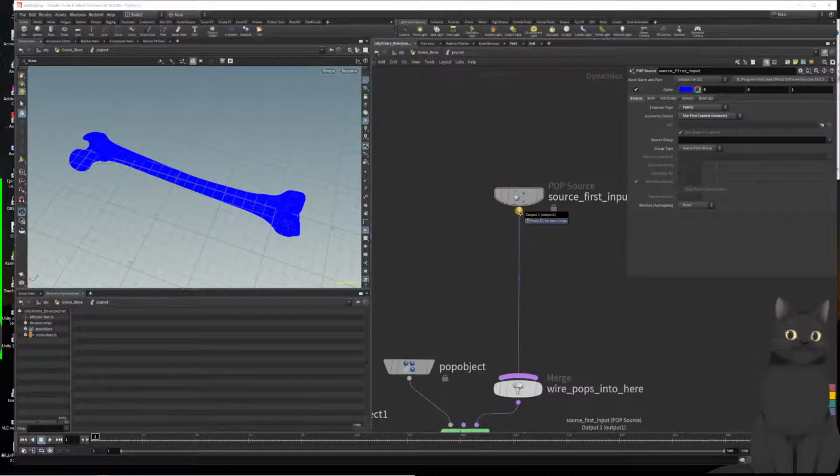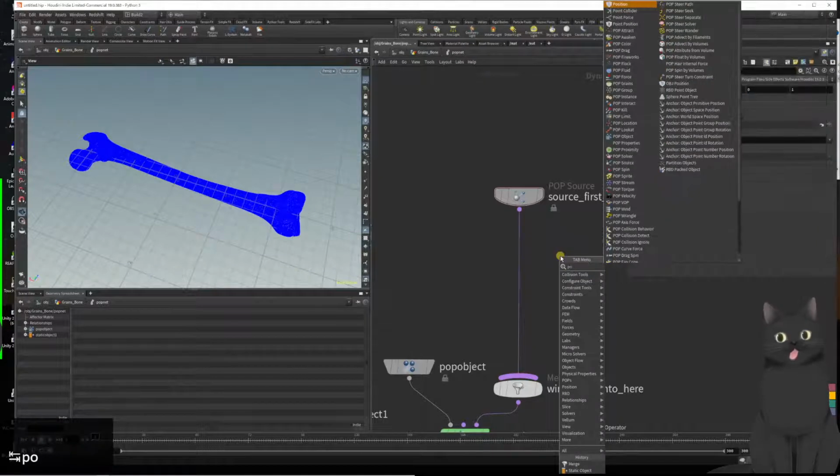We start with the source first input, which will be default when you drop a popnet,